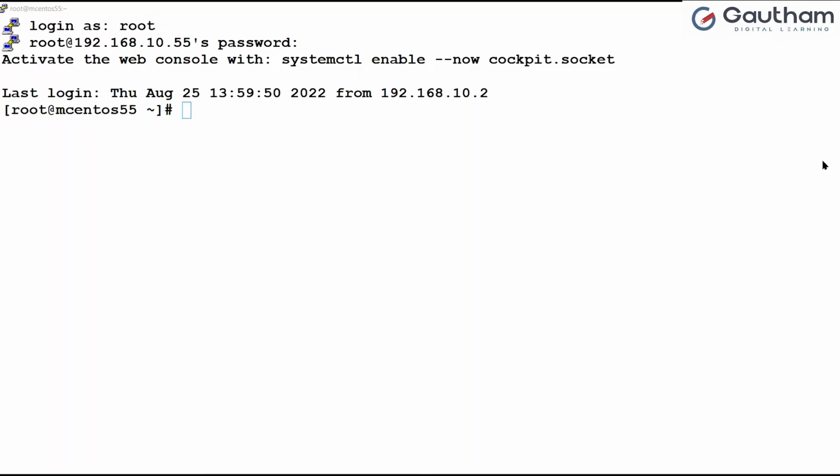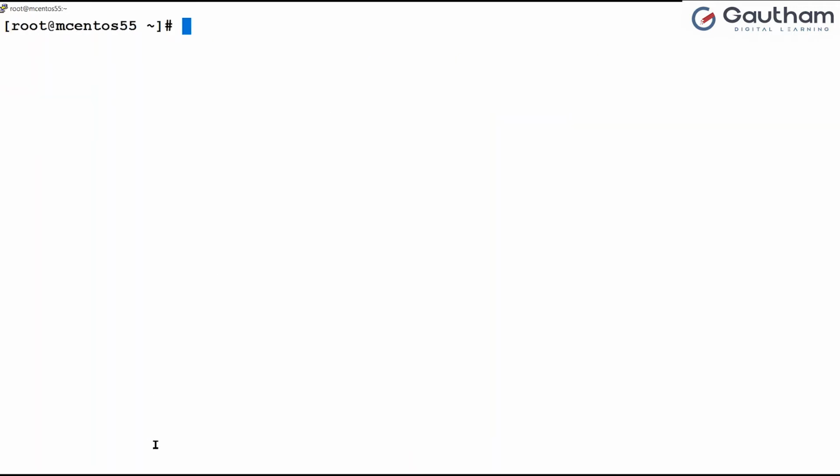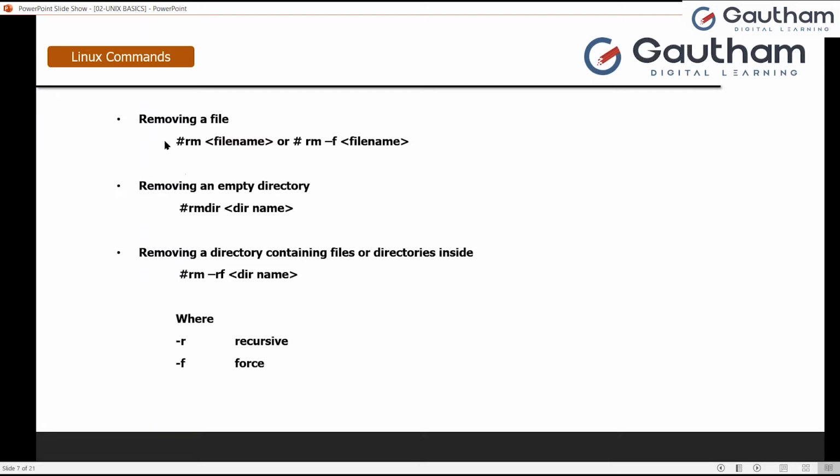Everyone, let's continue our discussion from the last video. Up till now, we have finished copying and moving. Now let's move forward and learn removing files. Guys, removing a file is a very responsible activity and we have to be very careful with that,